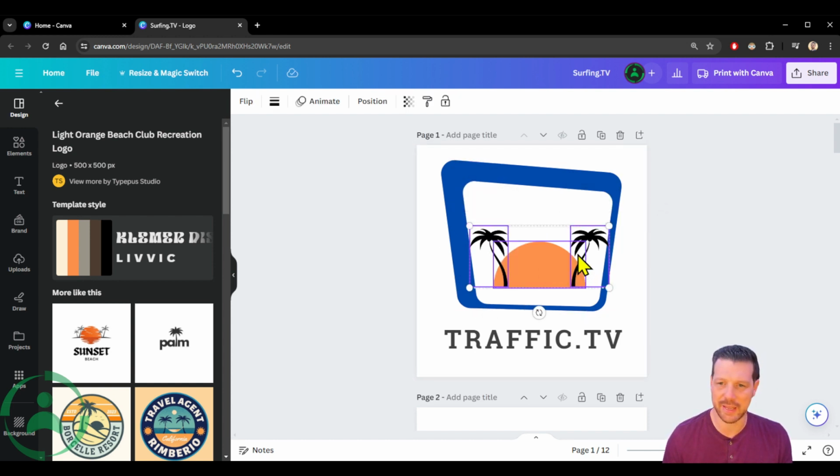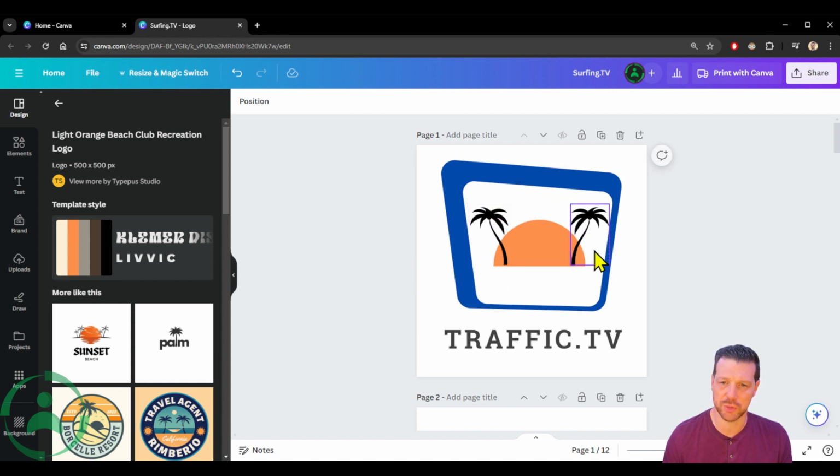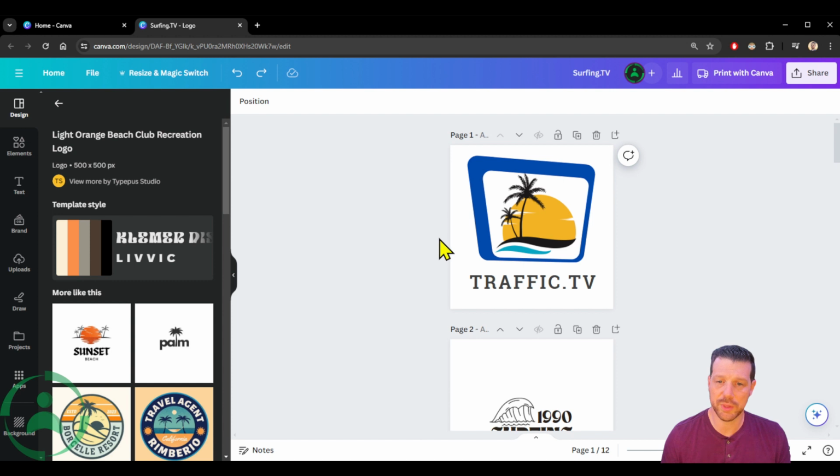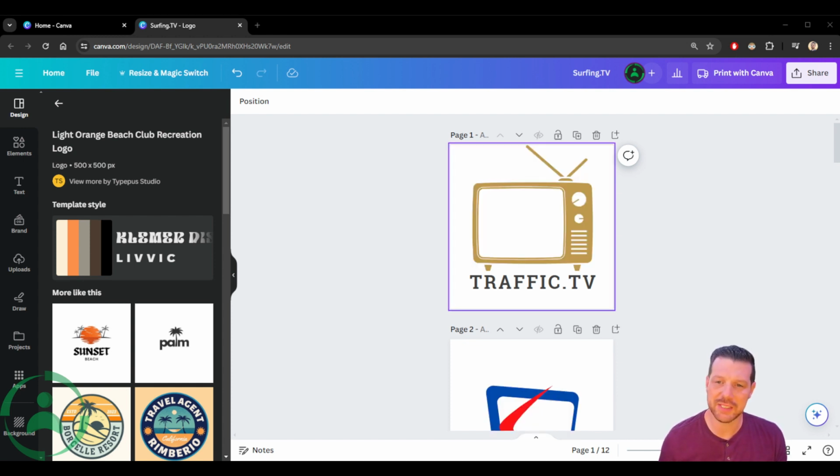And once I did that, I think the sunset was a little too small for it to look good, so I'm going to continue looking. This logo with the sunset I feel like looks better, but it's still not what I'm looking for. So I'm going to switch up the TV look here and try a different TV and see if I like that better. I chose this classic looking TV here, but I don't like this gold look to it,